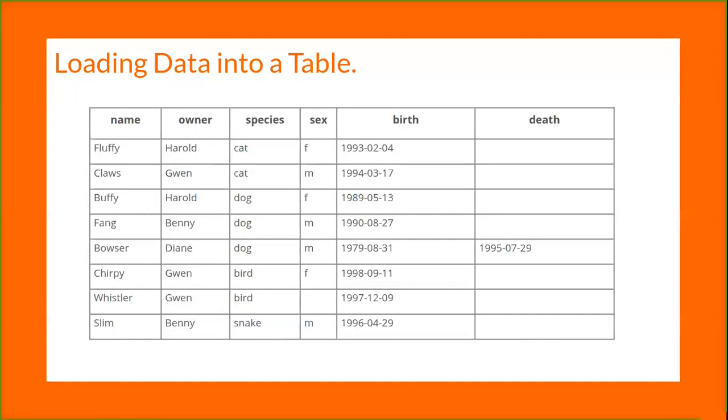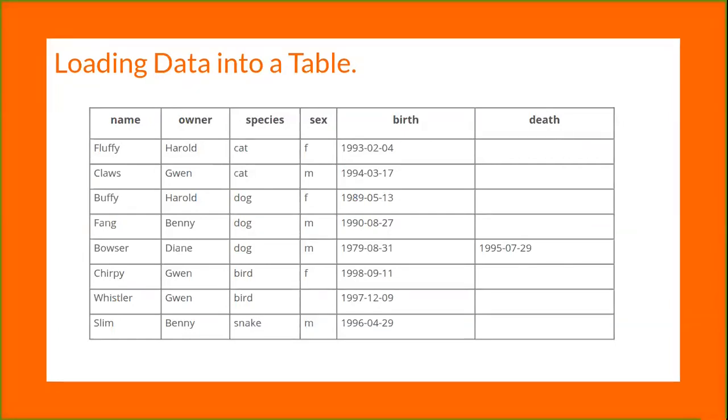Because you are beginning with an empty table, an easy way to populate it is to create a text file containing a row for each of your animals, then load the content of the file into the table with a single statement. You can create a text file named pet.txt containing one record per line with values separated by tabs and given in the order in which the columns were listed in the create table statement.